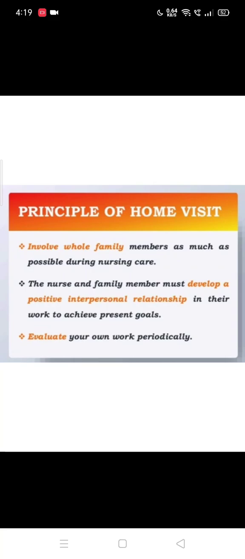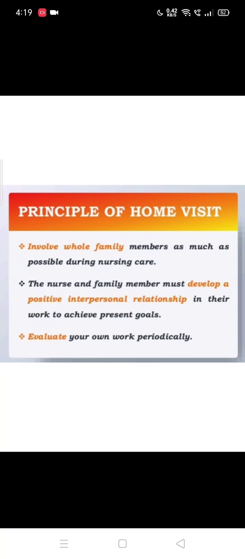Present goal means what? What is your goal? Maybe you are doing a home visit, for what purpose? Maybe your purpose is to assess how many members, like all the families in the community you are going to,